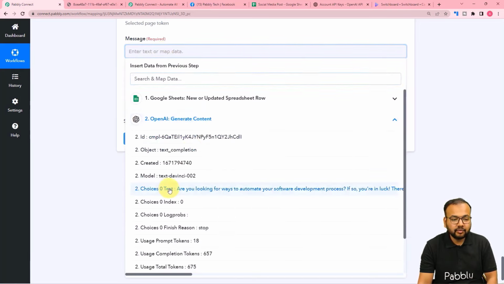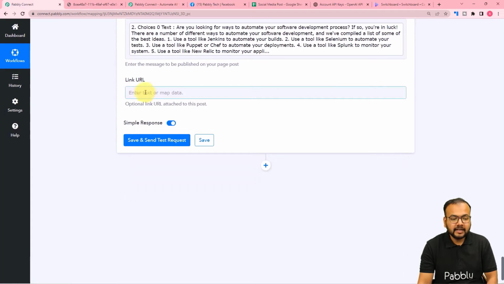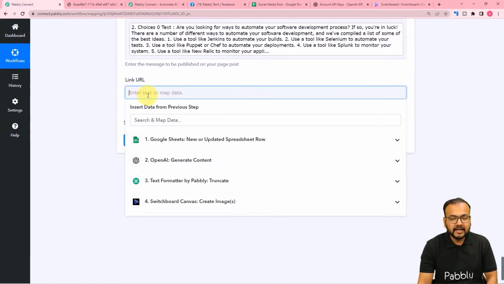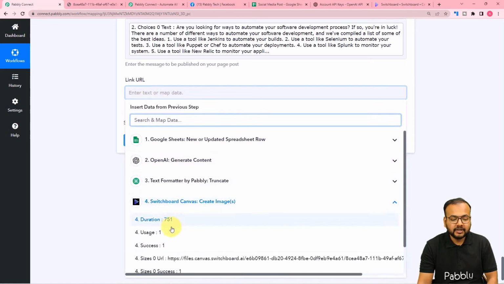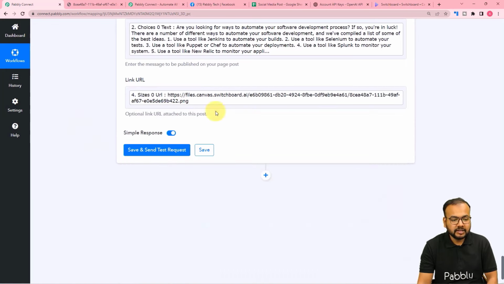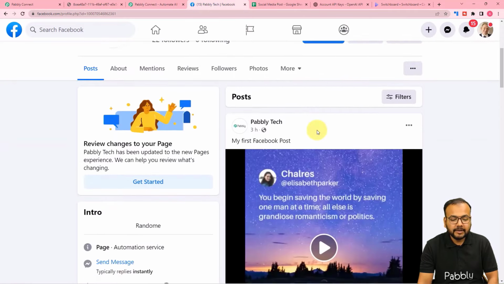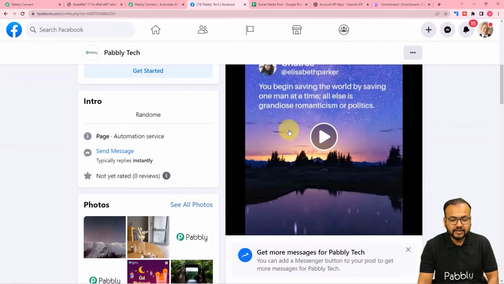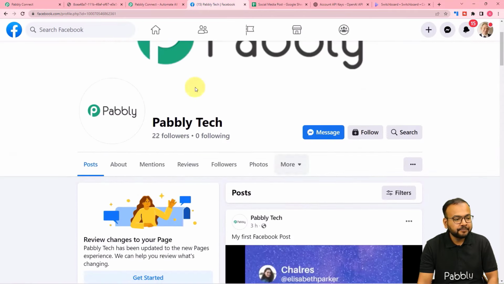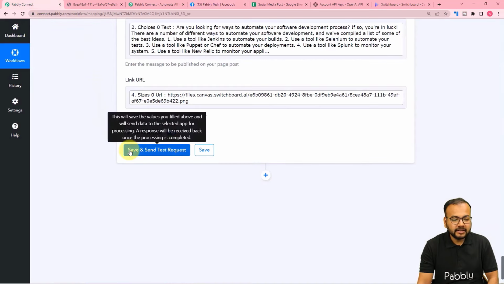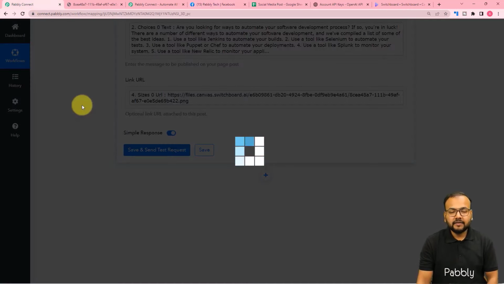So I'm going to map this full article here, and in this link URL, I'm going to attach the image URL that we got from switchboard canvas application, the previous step. Okay, so this is the image URL. Now you can check your connection with your page by clicking on save and send test request button, and a new post will be created here. So this was the last post we have, a video post. Let me click on save and send test request here and see if a new post is published from my